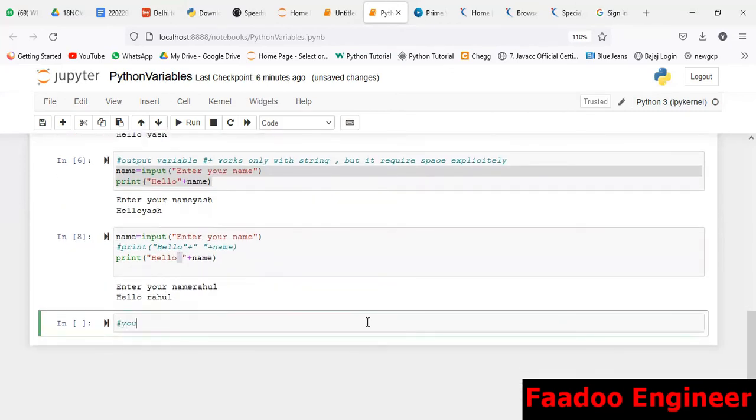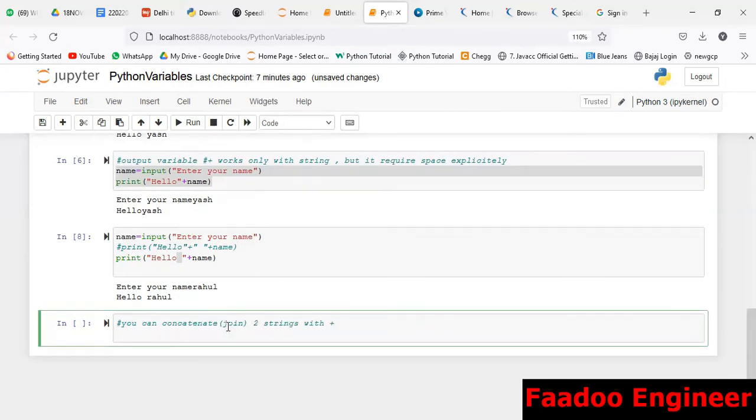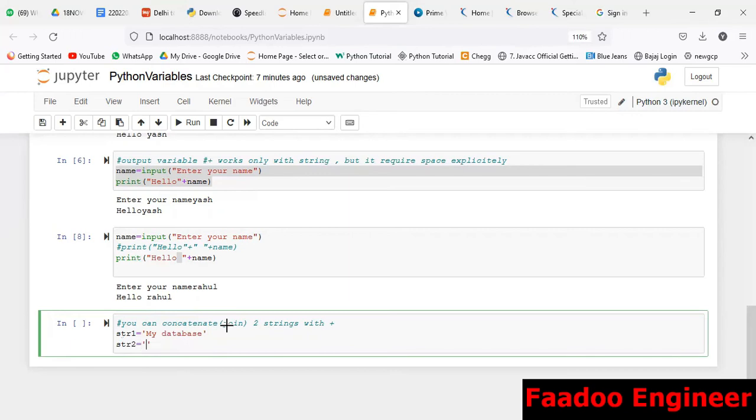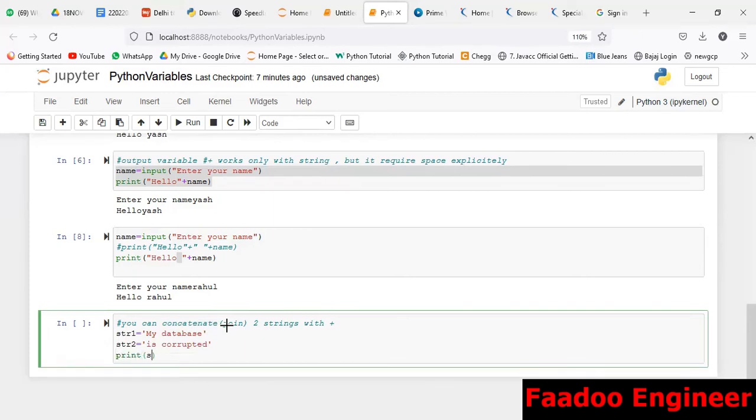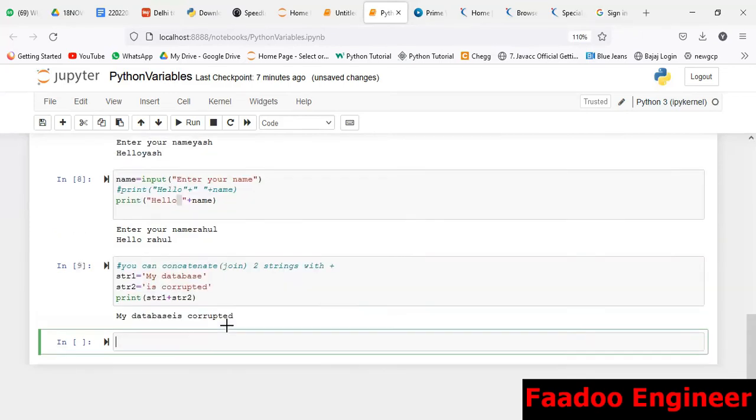Most important part, you can concatenate two strings. Concatenate means join two strings with the help of the plus operator. So how does it work? Let's say you have two values, str1, string one, which is my database, and str2, which is corrupted. There are two ways. Either you can simply print str1 plus str2, so it will show you the message